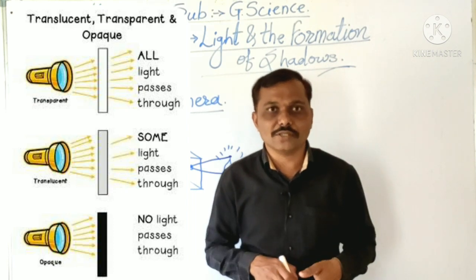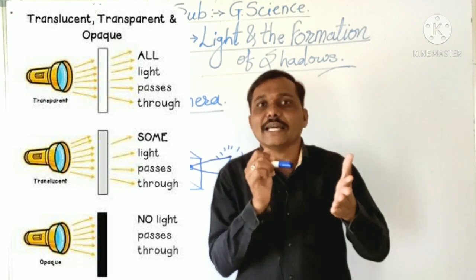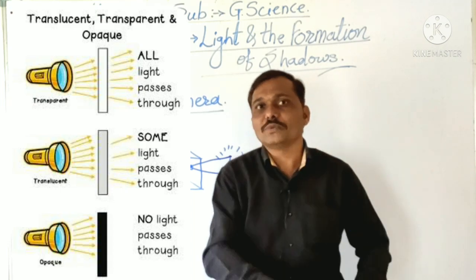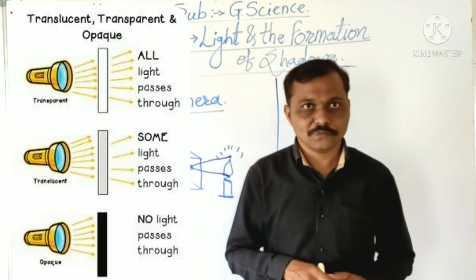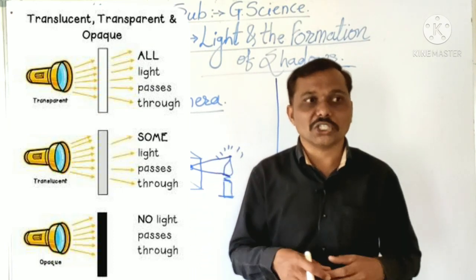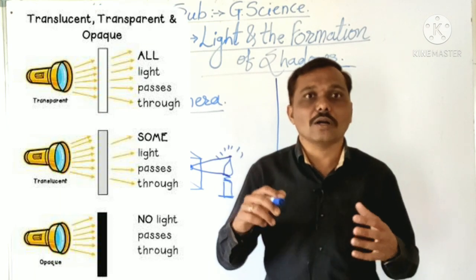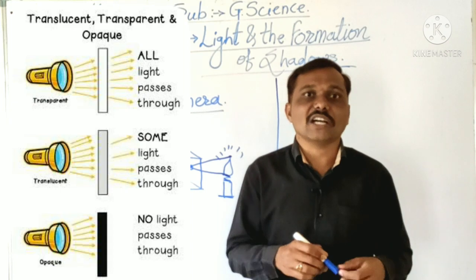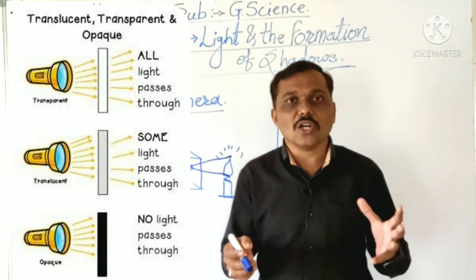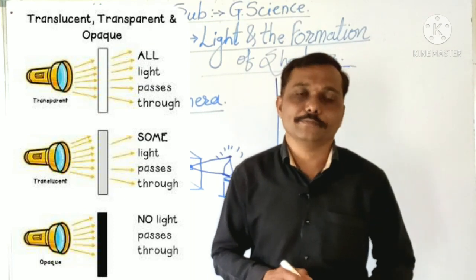From the different places, through the glass the light passes through it, and that's why such a type of object is called a transparent object. For example, clean water, a glass pane of the window, a glass pane of the car, the front glass of the car, etc. These are all called transparent objects.